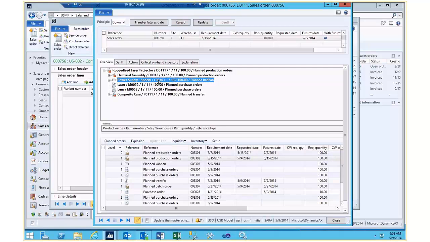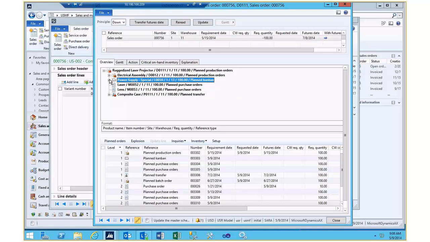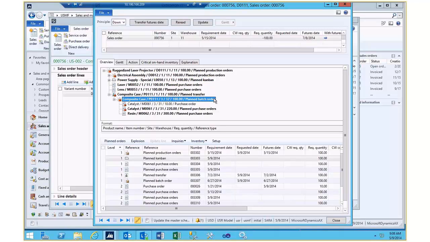It generated a planned Kanban order and resulting material supply purchase orders for the components required in the Kanban order. And then we come around to the composite case, which, as I mentioned, is produced in site number 3. So we have a batch order in site 3. We have transfer orders to move that back to site 1 so that that can be built into the top